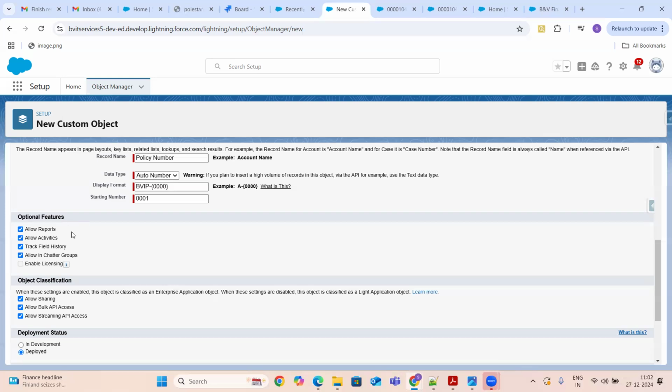That means records. Activities: whenever you want to create any new tasks, whenever you want to send emails, you have to check this checkbox. Otherwise, you can't do either of those things. And track field history. For example, on the policy, I have given my birth date as so and so.